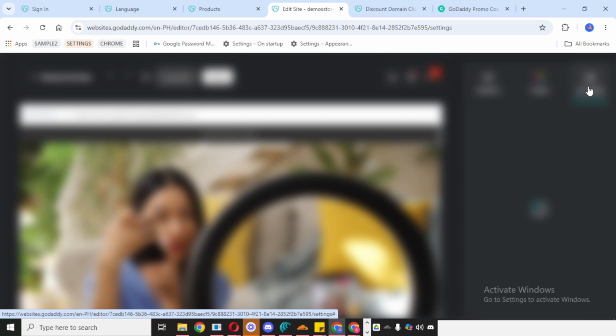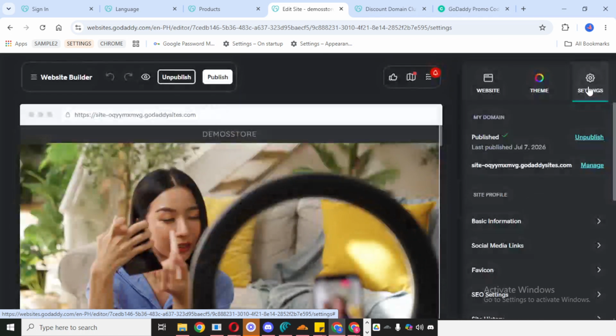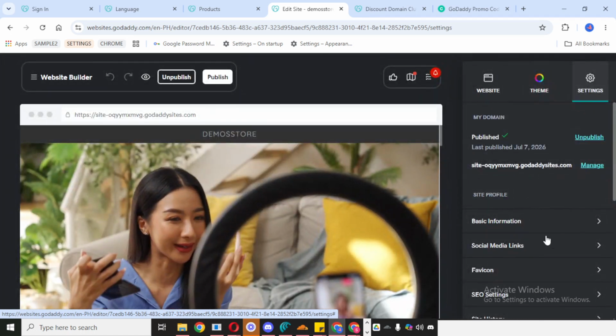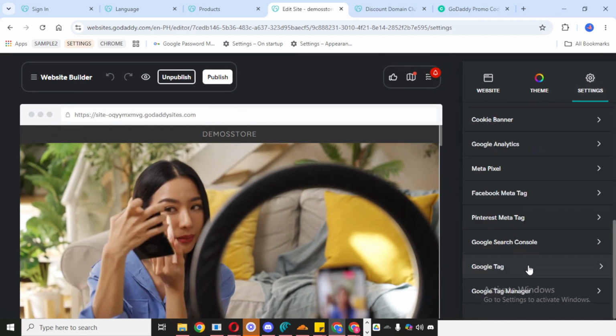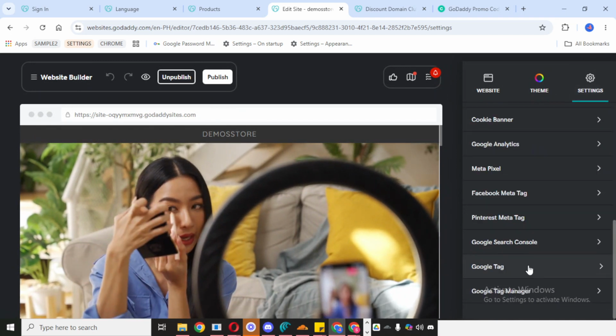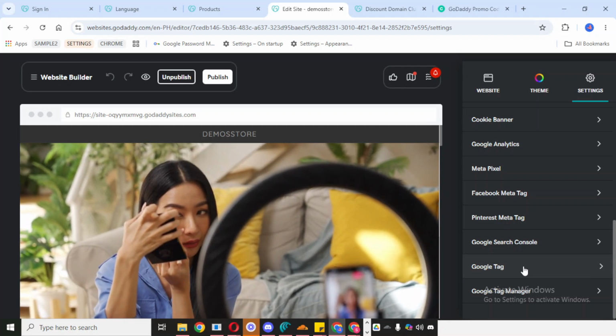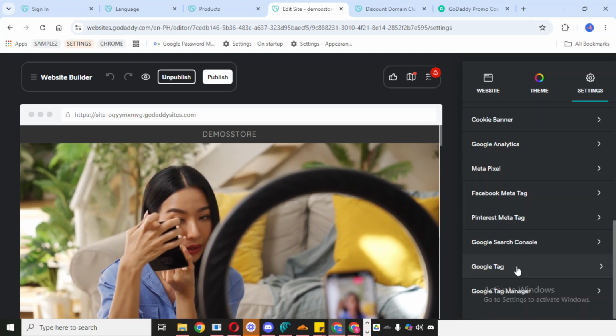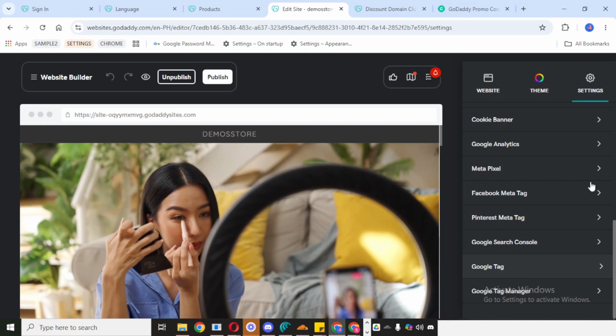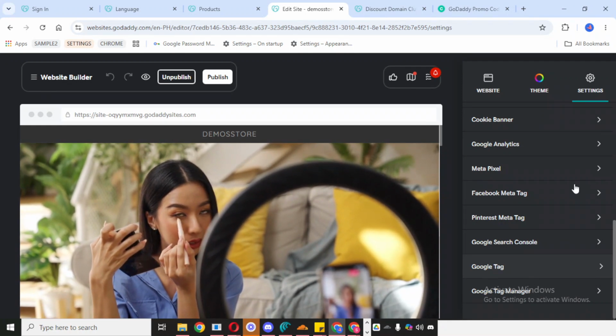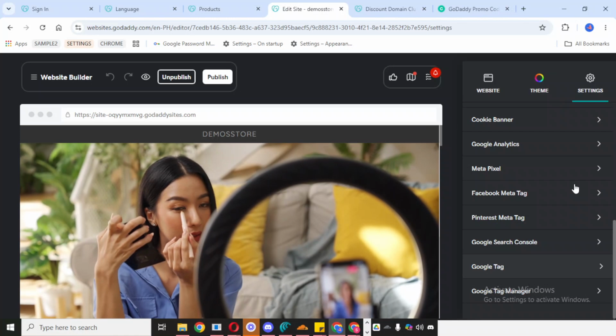Now, select the page you want to optimize. This step matters because title tags and meta descriptions are usually set page by page. Make sure you're working on the correct page, whether that's your home page, a service page, or another important section of your site. Once you've selected the page, enter the new title tag in the headline field.